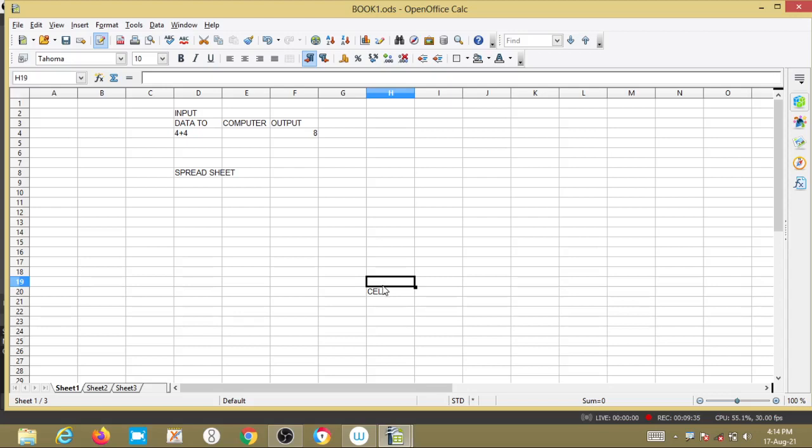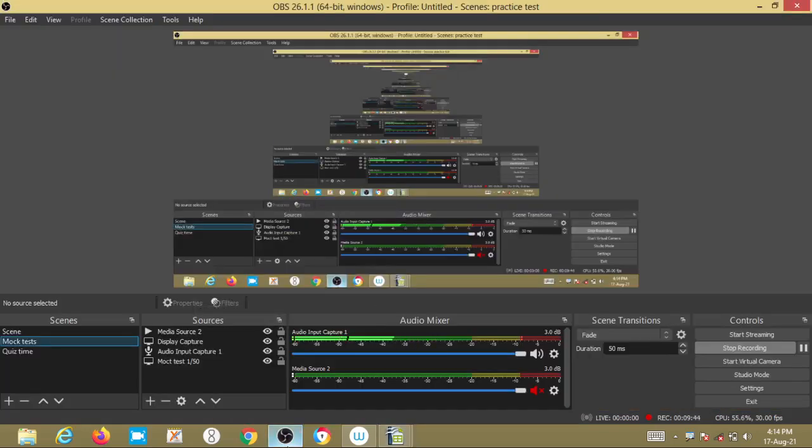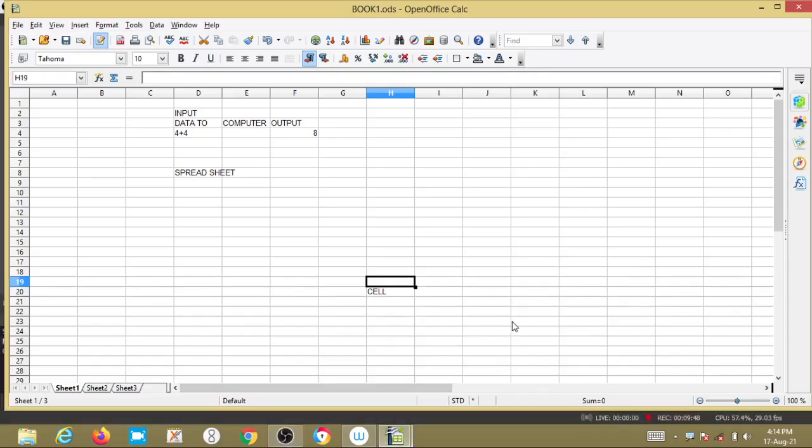Okay, we can use numbers also, right? So spreadsheets are used for representing financial information, employees' information and students' marks, like that we can use.